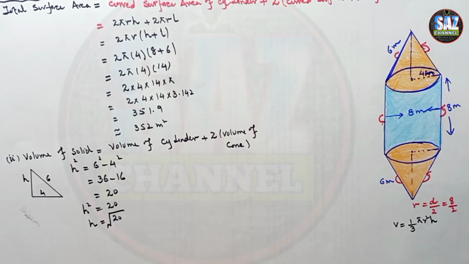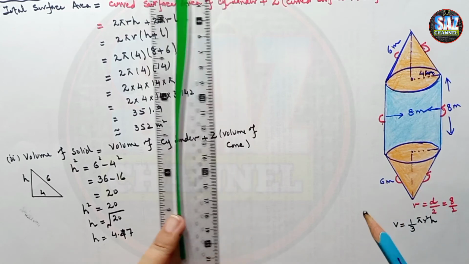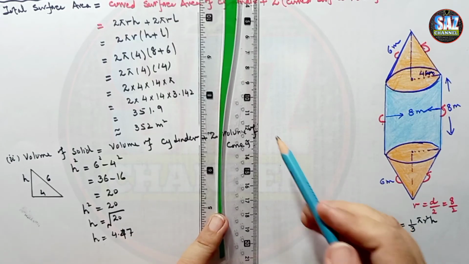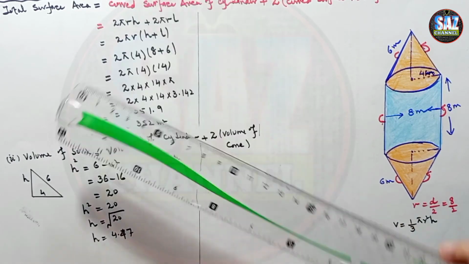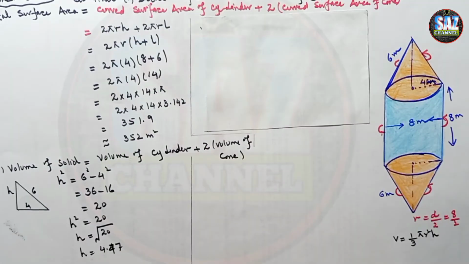Okay, now h is square root 20. Square root 20 is 4.47. Okay, now we have to go for the calculation of volume. I'm going really slow so that my students can understand this question easily, because these are one of the most important concepts of your CIE examination as well. So please watch all these lessons carefully so that you should not have any difficulty during exam. Okay, now we have the answer of height with us, that is 4.47.